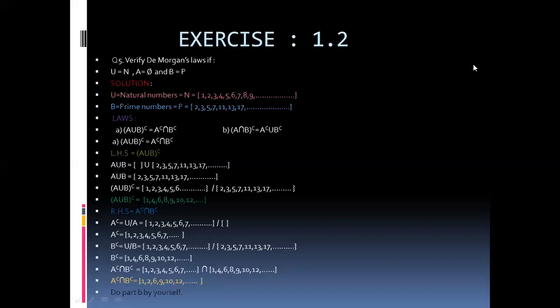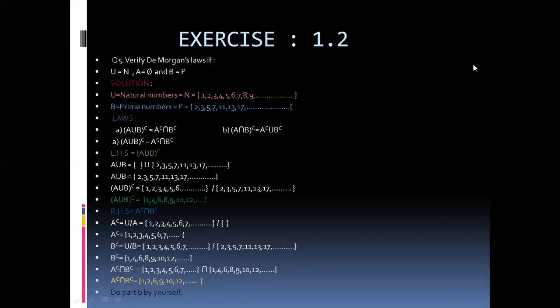Okay, I think this is clear, because it is the same as what we have done with union, intersection, difference, and you found the difference of two sets and also the complement in the previous class 7th. I did one part for you, and the second part of De Morgan's law you will do by yourself, which is (A intersection B) whole complement equals A complement union B complement. But when you are finding union, intersection, and complement, you should be careful about the numbers, the elements of the set. Both sides will be the same.